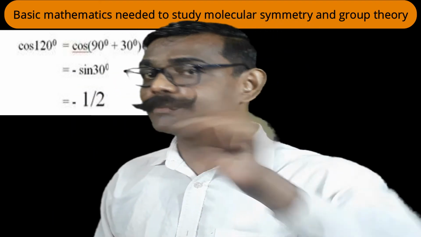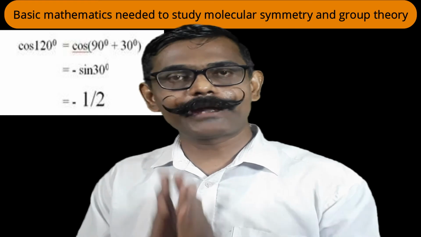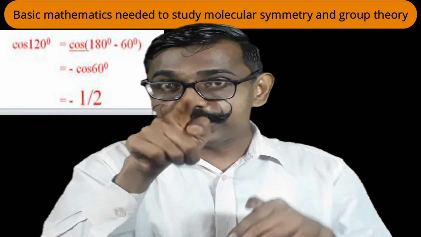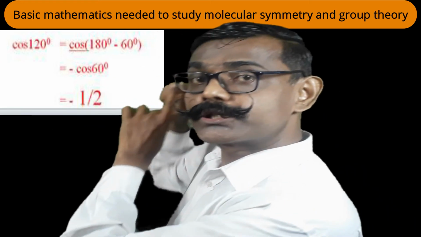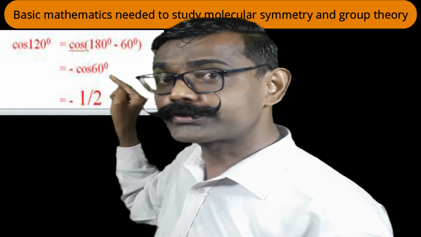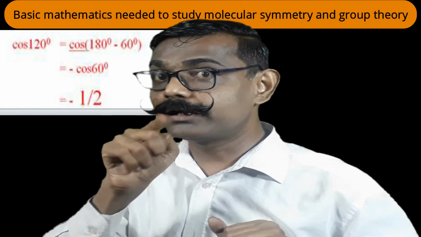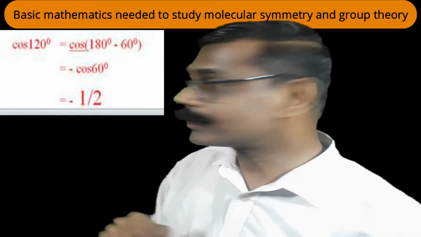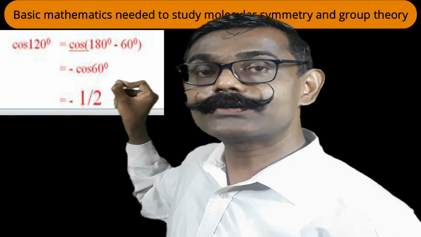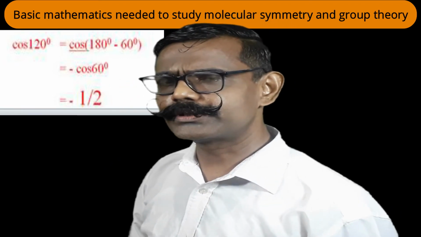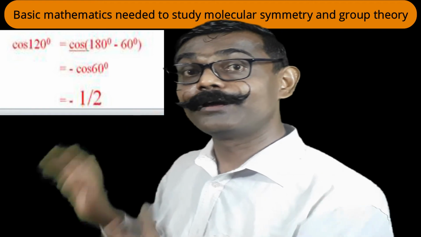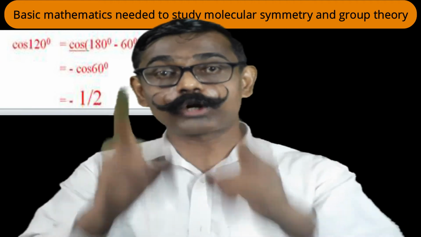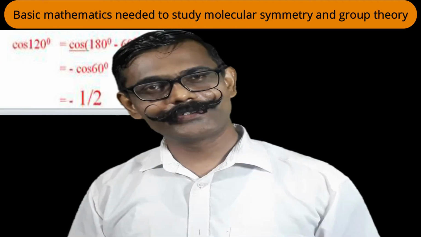Let us verify by the other method, where 120 degree I can represent as 180 minus 60. So cos of 180 minus 60. At 180, is there a change in axis? No, don't change the function. Cos will remain cos. Which angle is there? 60. So cos 60. But let us wait for the sign. The angle is 120 degree, in the second quadrant. In the second quadrant the cos function, that is the original function, is negative. So minus cos 60. What is cos 60? Half. So the answer is minus half. Means cos 120 degrees is minus half. Important: sine 120 degree is root 3 by 2. Cos 120 degree is minus half. Is it clear?